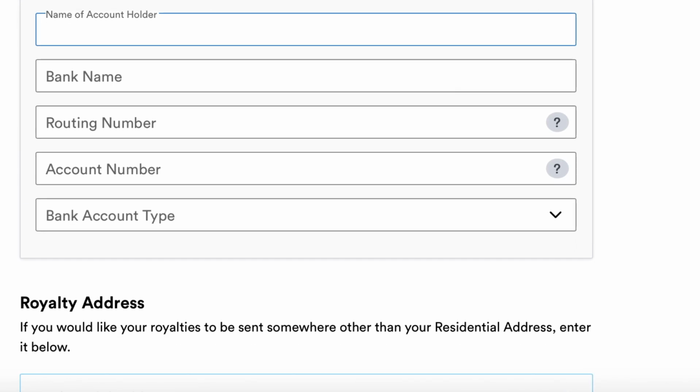You're going to enter the name of the account holder, put the name exactly as it appears on your banking account, enter the bank's name, put in the routing number, the account number, and the bank account type, checking, savings, etc. Next, you'll enter a royalty address if you would like the royalties to be sent somewhere other than your